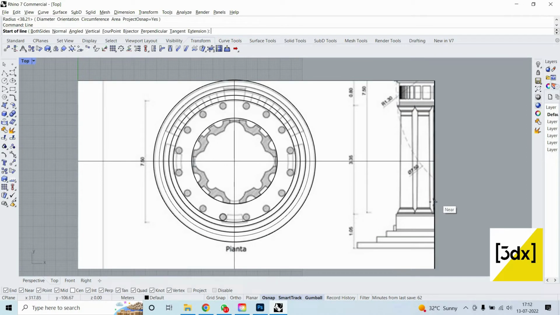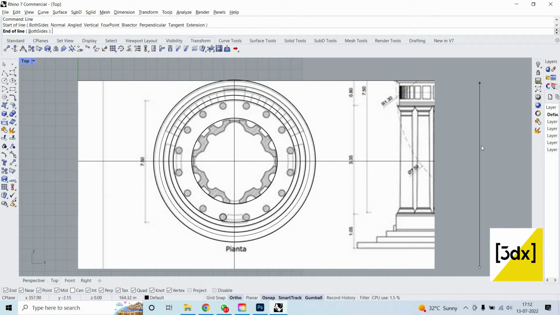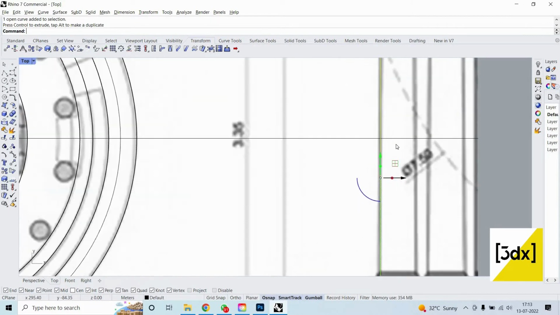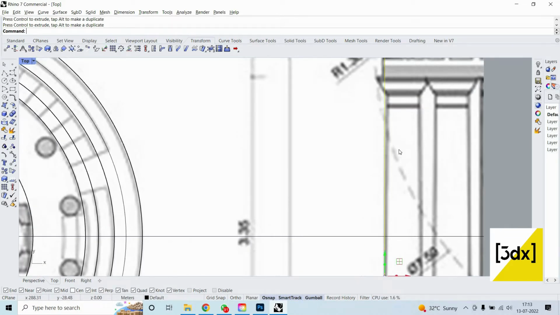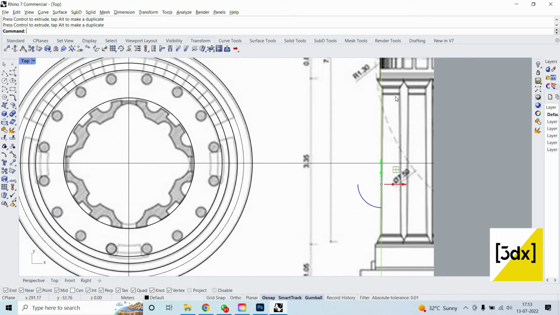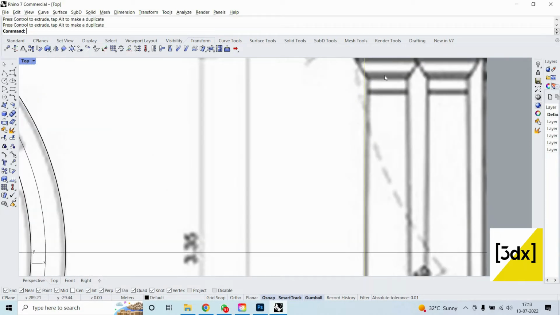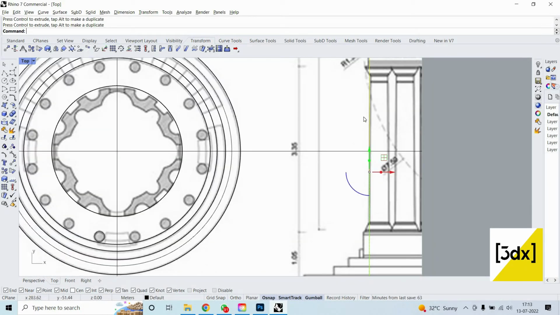Now when I see this, right, I just draw a line, and this is a proper perpendicular line. So you can see, I'm just checking whether the pillars are straight or whether it has some kind of taper. I think it's been tapered a little bit, not much. You can see. So what I can do is